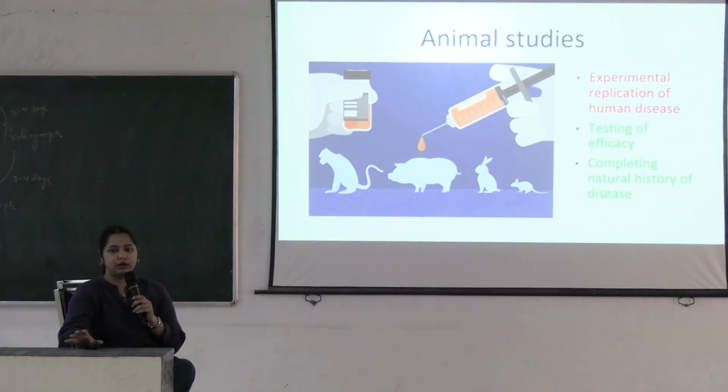If you are confused about the development of the disease process, how it works in human bodies, you can see that first in animal bodies. You introduce the disease in, maybe, the mice and then see the progression of that disease. For example, a lot of testing is done nowadays for Alzheimer's. They are testing that in mice, giving them the gene and seeing the development, because you cannot test that in humans directly, right? So they test it in these mice and then introduce the drug and see whether the drug is working or not. So all these comprise the animal studies that are usually in the clinical trials, phase zero.